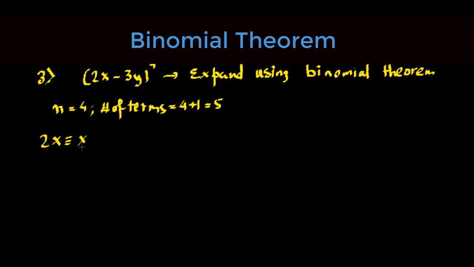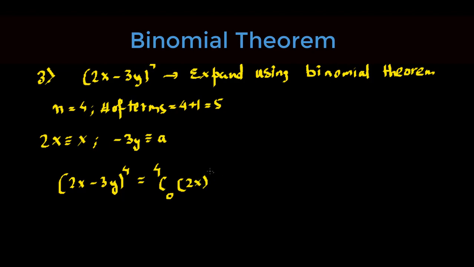We're going to consider 2x to be equivalent to x and negative 3y to be equivalent to positive a. Okay, so let's do that. So twice x minus 3y to the power 4 should be 4c0, which is x raised to the power 4 minus 0, so x is our 2x here, x raised to the power 4, and a raised to the power of 0, where a we have considered to be negative 3y, so negative 3y raised to the